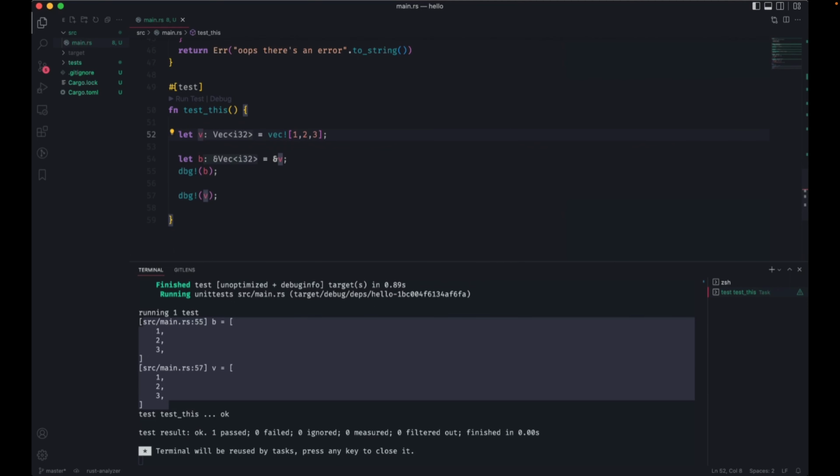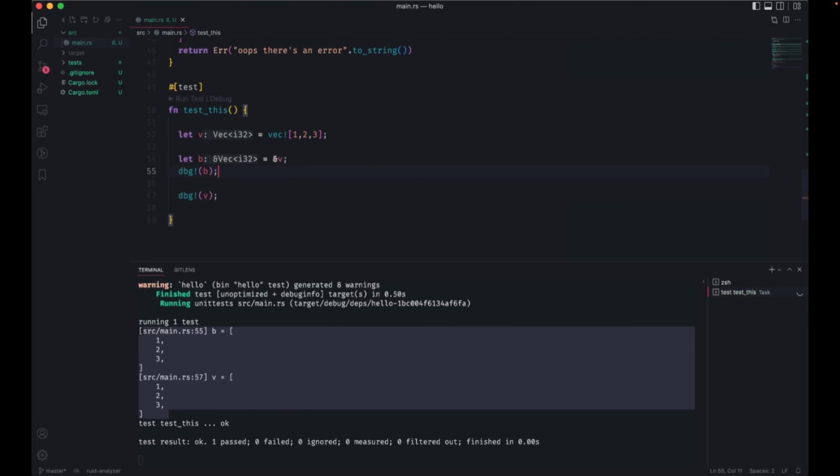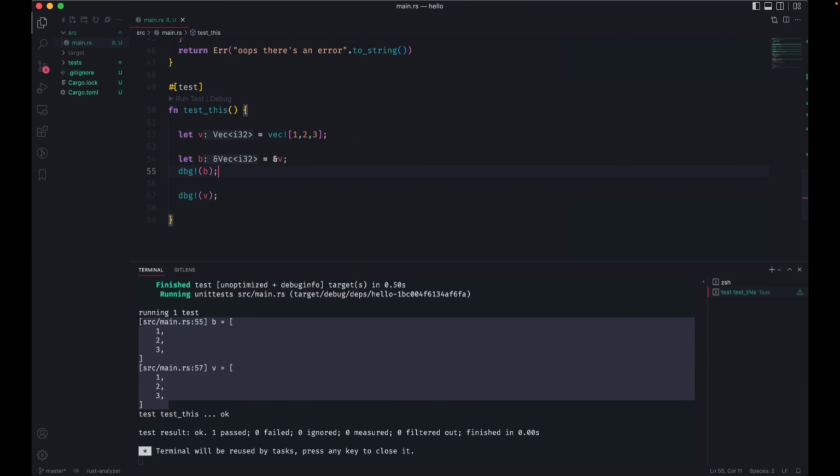So just to recap, I've got 2 pointers now on the stack. I've got V pointing to the original, to the memory that's in the heap, the vec. And I've got B, which is another pointer that is pointing to the same vec. So I'm going to stop here because, and again, this is advanced stuff, this is why Rust is a difficult language.